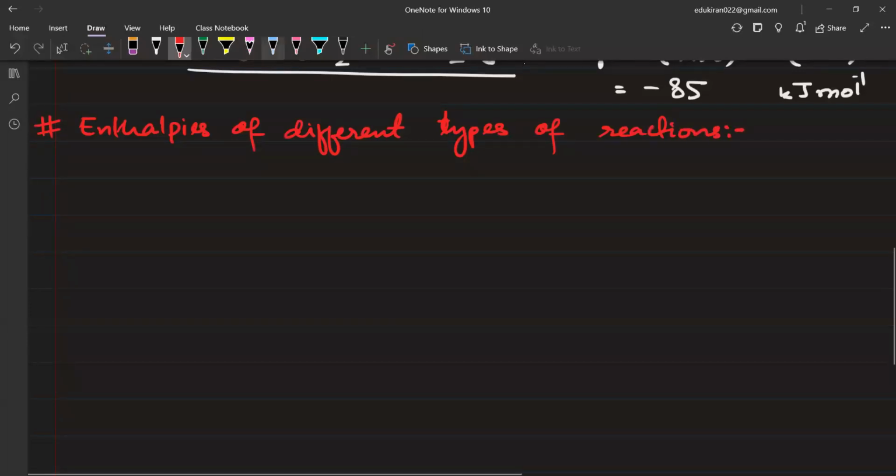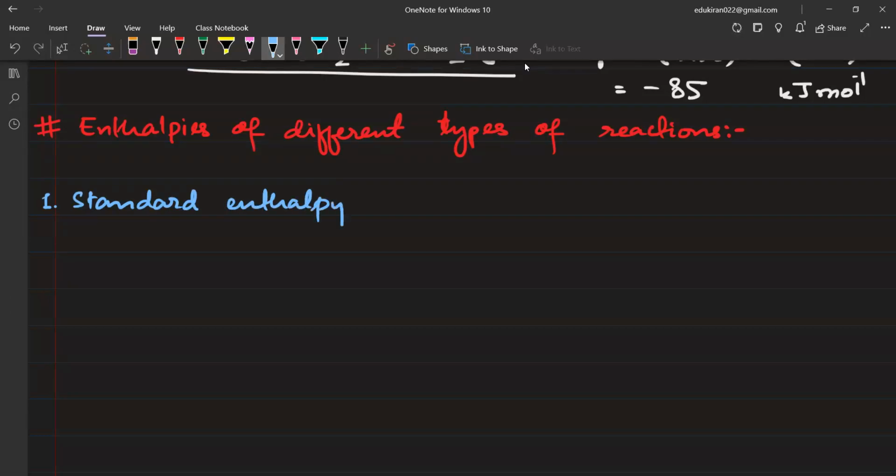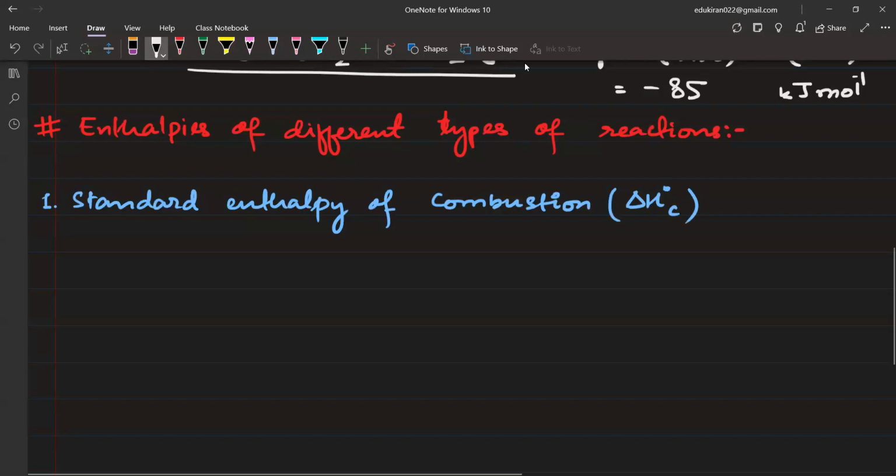Now, please see number 1 is standard enthalpy of combustion. This will be generally written as delta H naught C. That denotes combustion. So please write enthalpy change